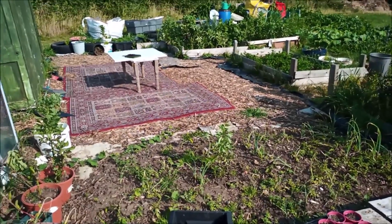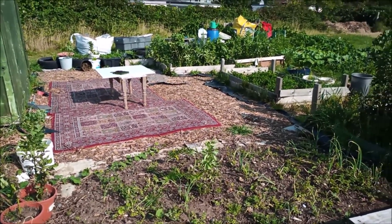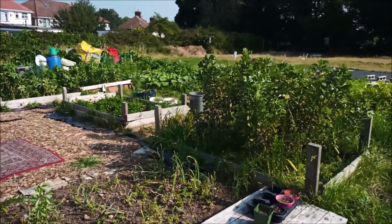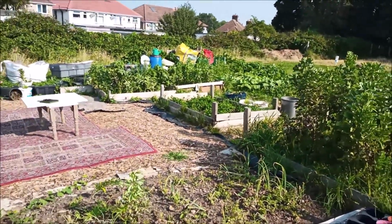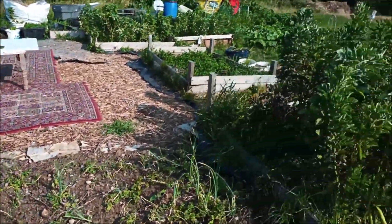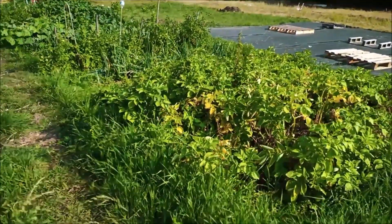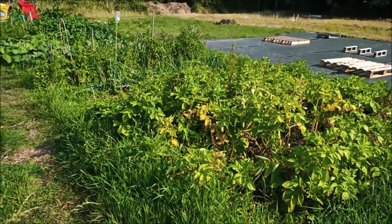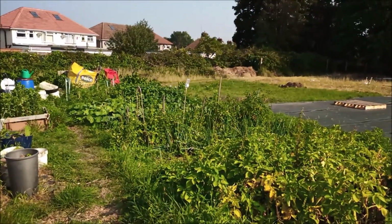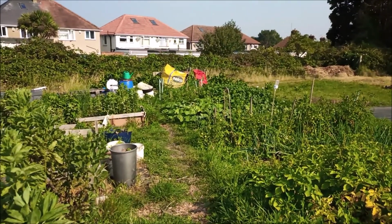This plot here has got a little seating area on wood chip with a few carpets to sit out on in the summer, and he's using raised beds where he's got some broad beans and some mint, a patch of onions which mostly have been harvested, and over the back here, which seems a little overgrown, he needs to cut the grass a bit round his plot, some potatoes, some onions, some tomatoes and some winter squash, heading back down towards his